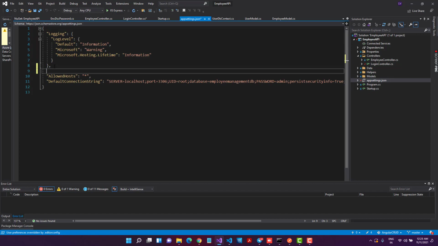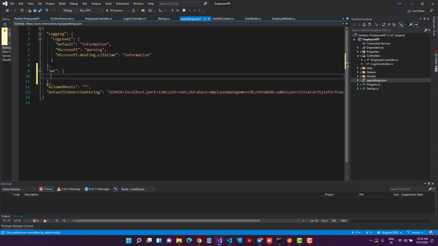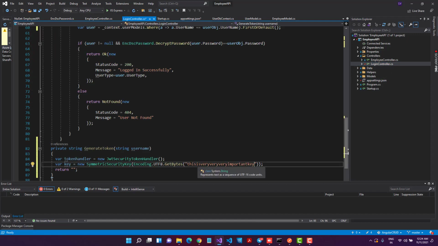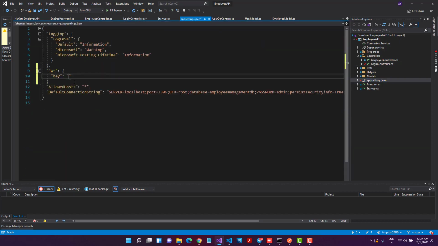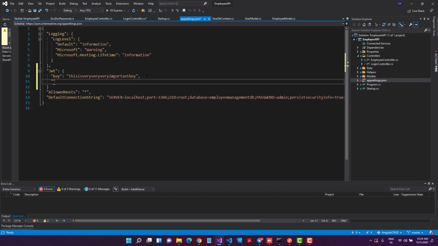Let me create JWT, and inside this I will have my security key. I'll give it the name Key, copy this key, and put it inside. I will also need two more things. I will need an issuer, who is issuing the token.